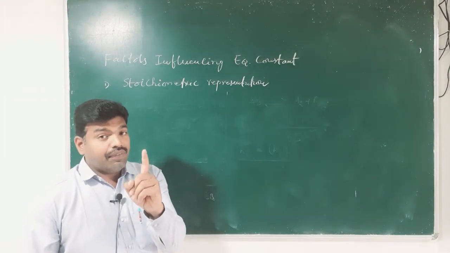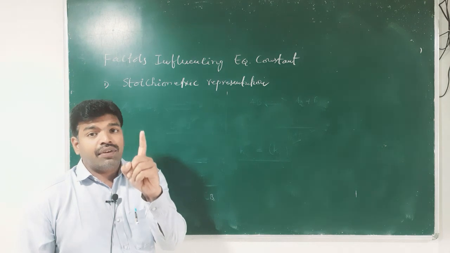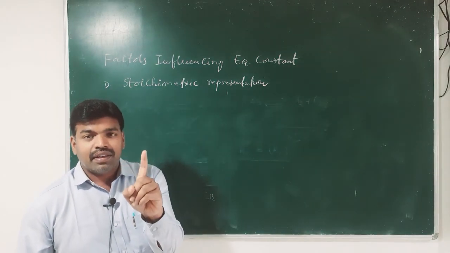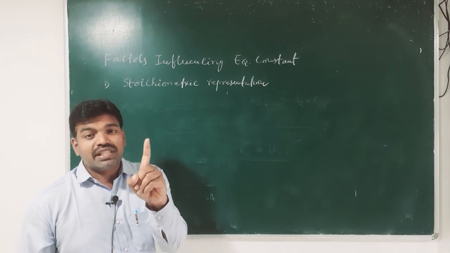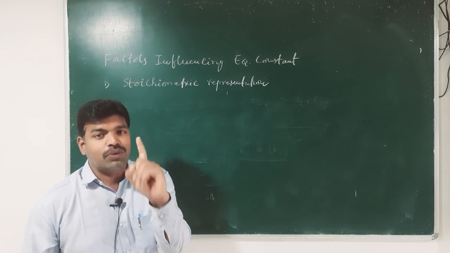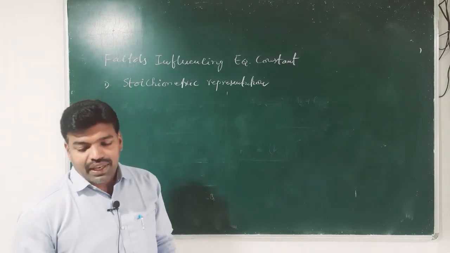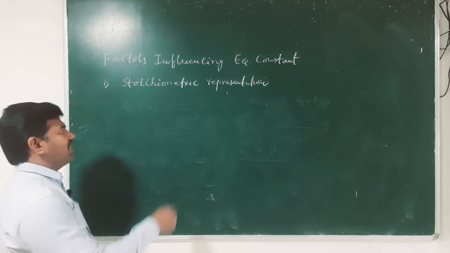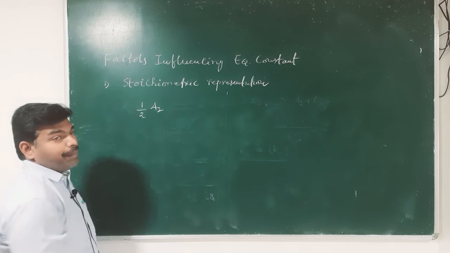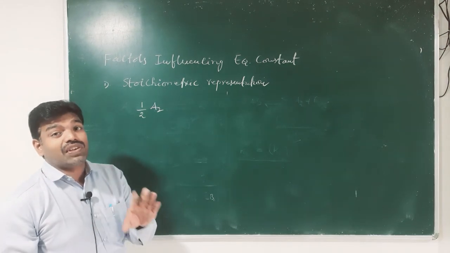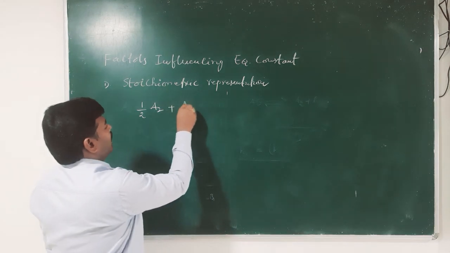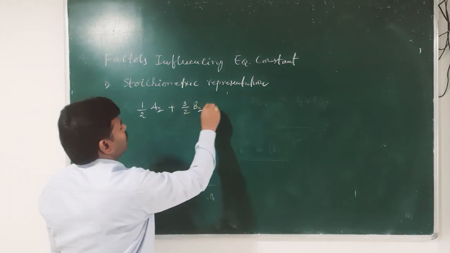I repeat, when we divide a reaction with a factor n, then the new equilibrium constant will be the nth root of the previous value. Next is the next example, 1 by 2. Let us see what happens when we multiply the equation with a factor n. 1 by 2 A2 plus 3 by 2 B2 gives rise to